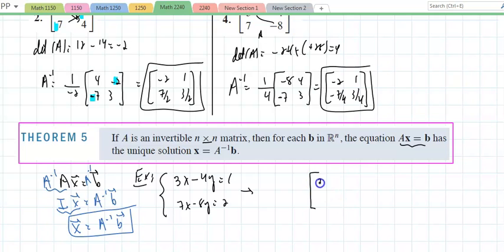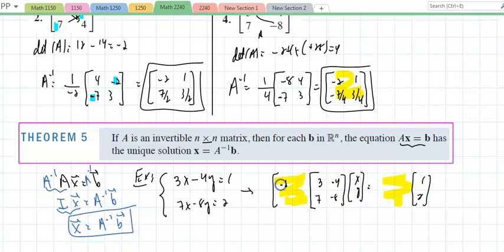I could say that is 3, negative 4, 7, negative 8 multiplied by xy equals, I'll leave space, 1, 2. But I already figured out what the inverse is. If I multiply on the left hand side with the inverse, a negative 2, 1, negative 7 fourth, 3 fourth,